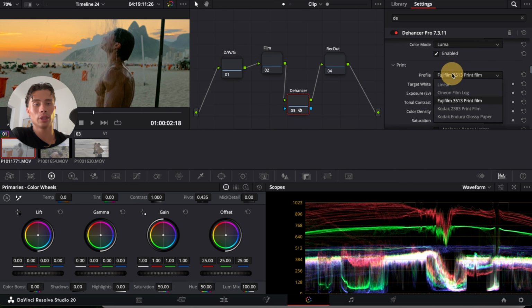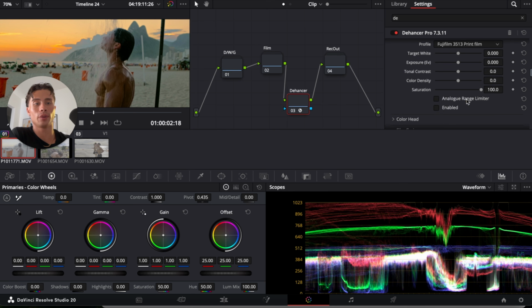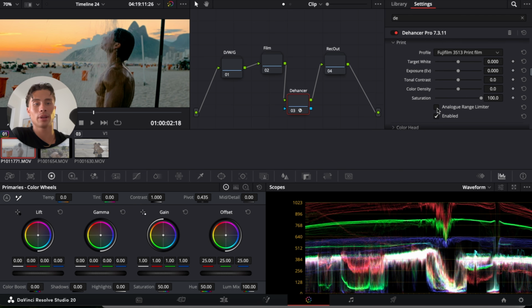Now again here, without print, we can do a few things. I think naturally it's going to be sitting at linear, but what I'm going to do is have it at Fujifilm print. I'm going to enable it, and I'm also going to enable the analog range limiter. What the analog range limiter is going to